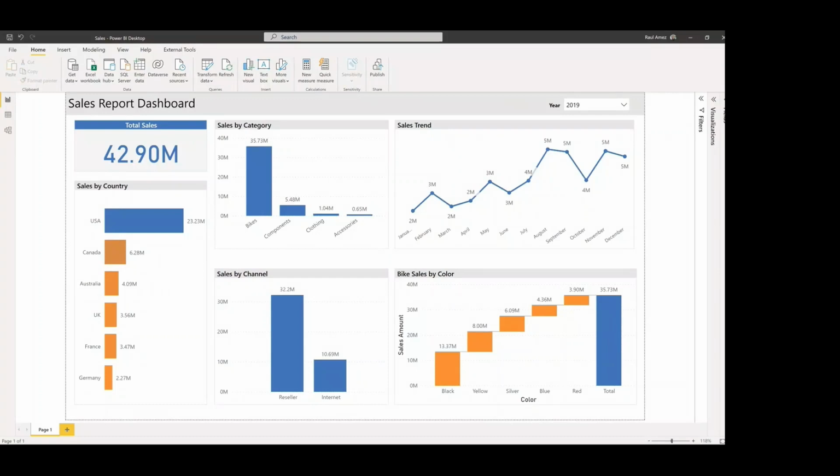Okay, so here's Power BI, and I did some preparation on this. I put together this pretty standard sales report here. You see we have a variety of measures. Well, actually, we only have one measure here, sales. We have a variety of visuals: sales by color, sales by channel, sales by category and trend. So